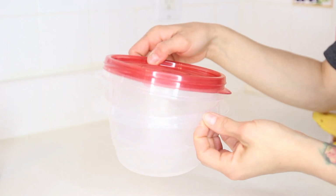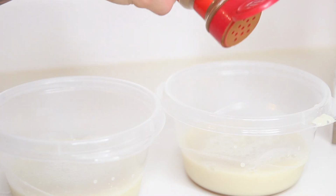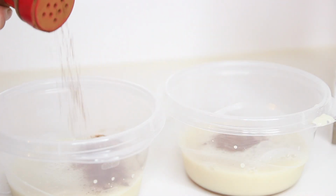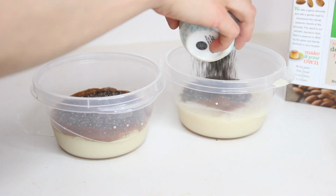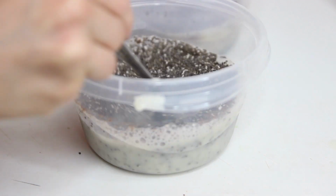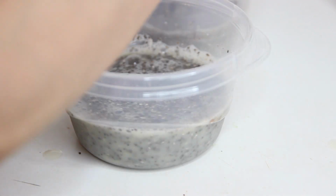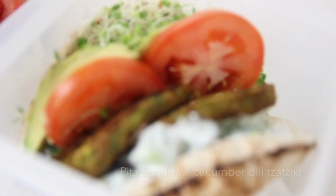To get this going, I have a couple of to-go containers here, and I'm going to measure out about a cup of the plant milk. Give it a good couple of dashes of cinnamon and then add in half a cup of chia seeds. After throwing those in there, give it a quick little stir and then add in some maple to taste and let those sit and absorb the milk mixture. This won't take long, but I'll set it in the fridge to solidify while I work on my prepped out